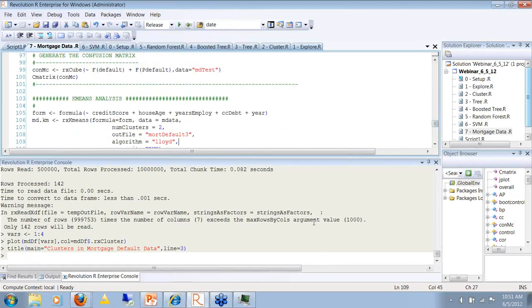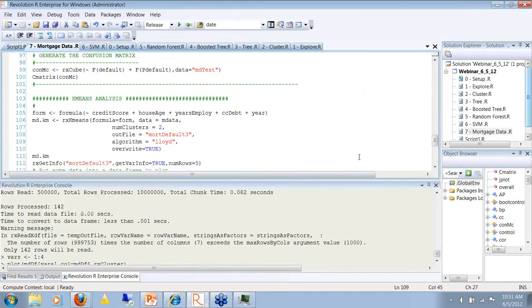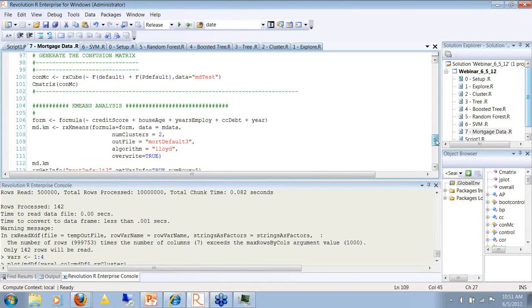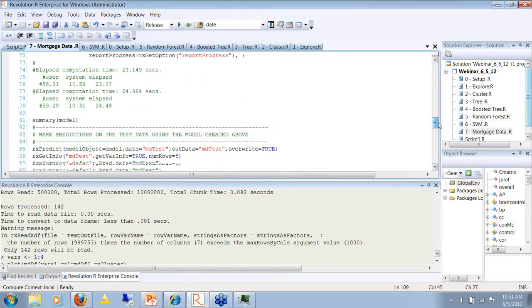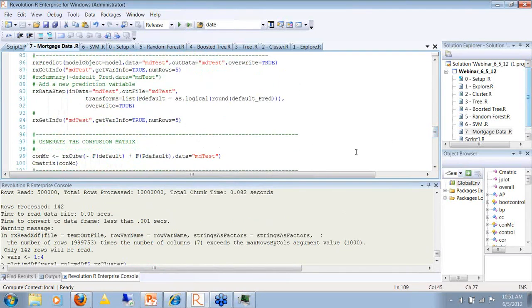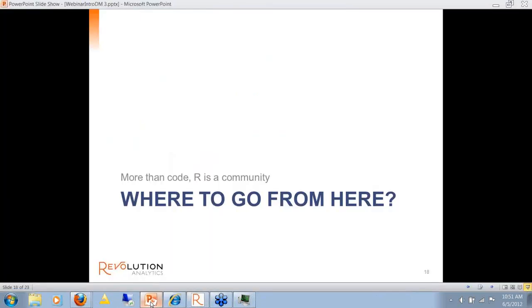It certainly strains the boundaries of what I can do here with normal R on that data set, but I can easily process it with RevoScaleR, and as you can see, the syntax, the idea of using basic functions, the way of interrogating it and building test and training files all follows through. It's the same R way of doing data mining. So that's it in terms of my code.